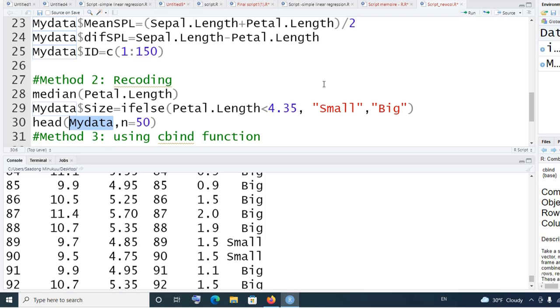Okay, this condition we could have written otherwise. For example, we could have also written petal length greater than 4.35. Then the first condition is what? Big. It's still the same thing. The second will be what? Small. Else you put small. We can even write more complex